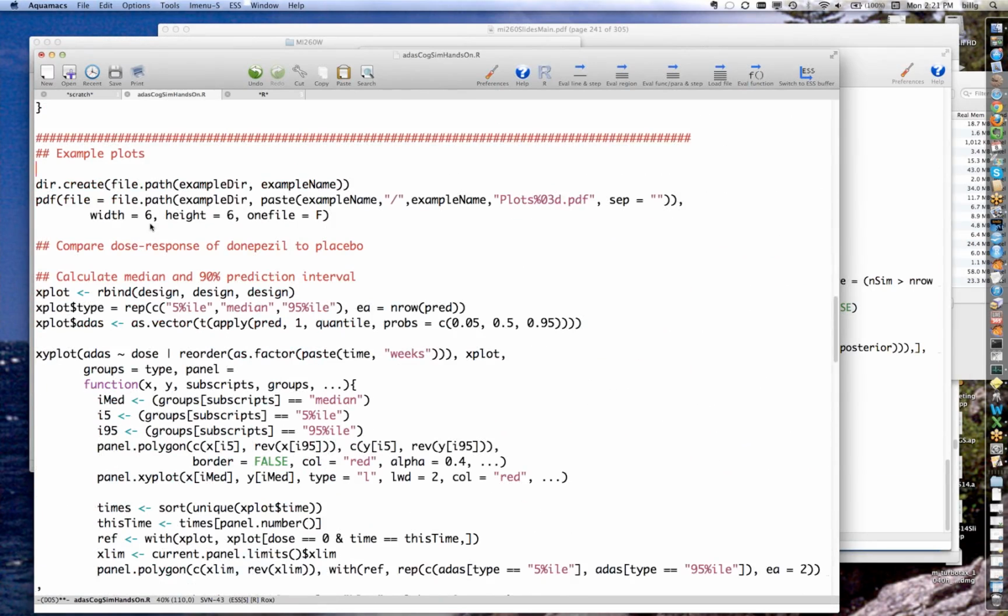Now, what I've done is done a few different things here, but this largely mimics what I did for the other ADAS-Cog, but there's a few differences because of the fact that we're no longer comparing to an active treatment. In this case, we're comparing to placebo, which does have some consequences here, but some of the first ones are simple, where first thing I do is I just calculate median and 90% prediction intervals for ADAS-Cog change from baseline for both